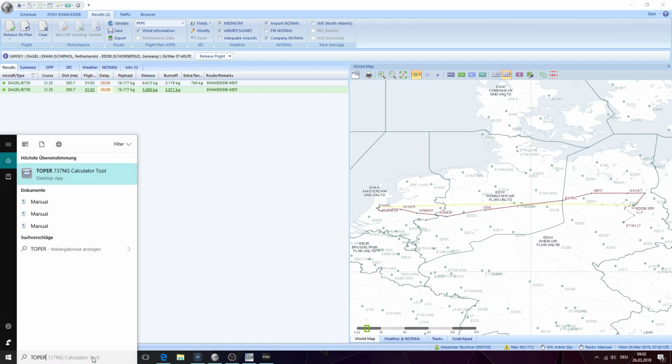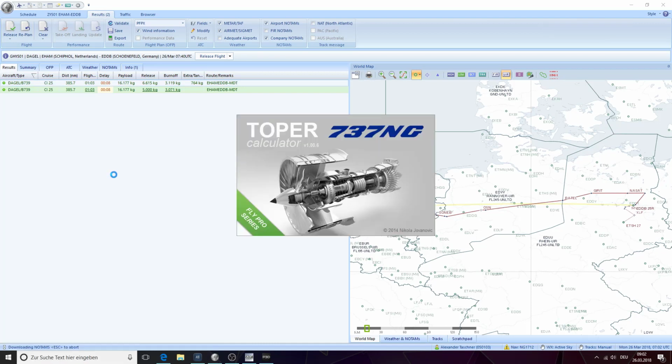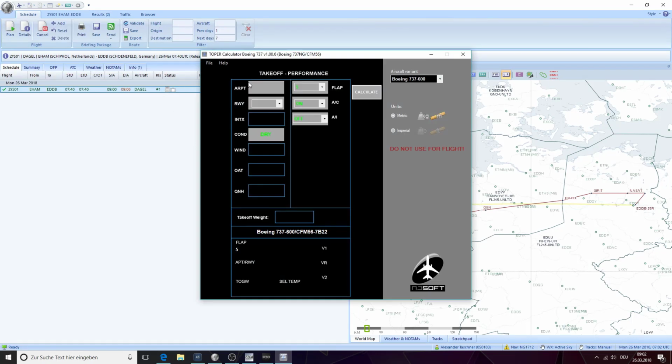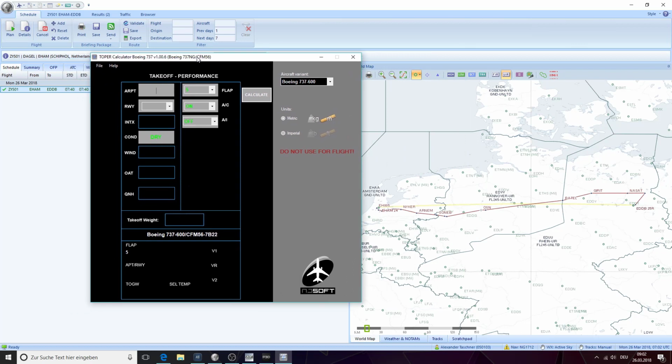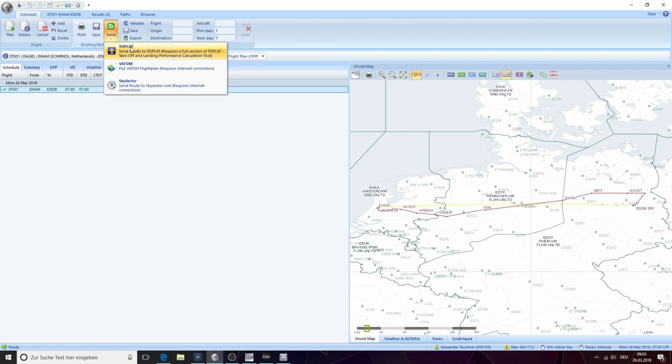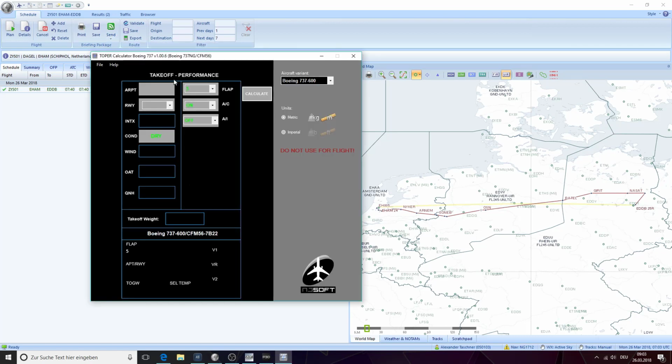In the meantime, I will show you another software called Toper Takeoff Performance Calculator, something like this. Which is really handy. It's like 5 to 10 euros? If you don't want to buy it, that's fine. An alternative to that is TopCat, which is this program. But I'm gonna use Toper for this purpose, so we're gonna select the 737-900, Amsterdam 24,